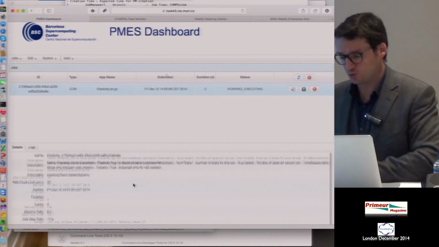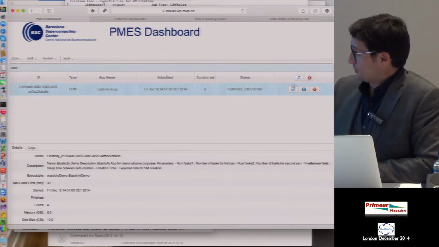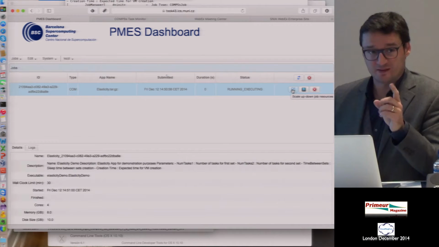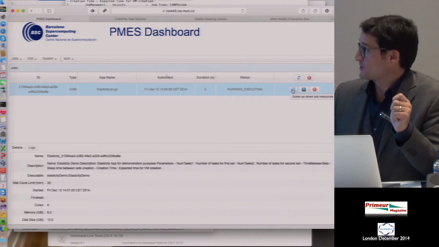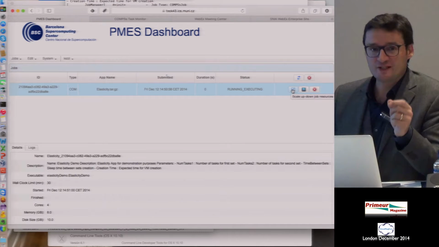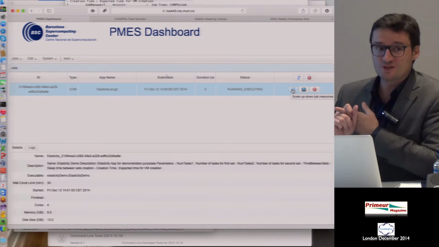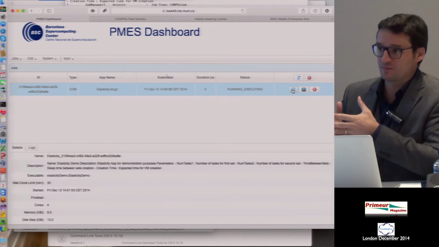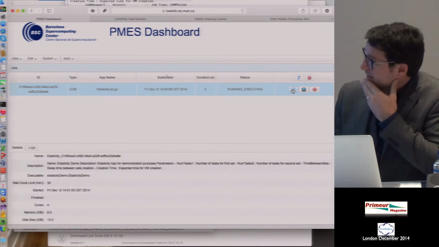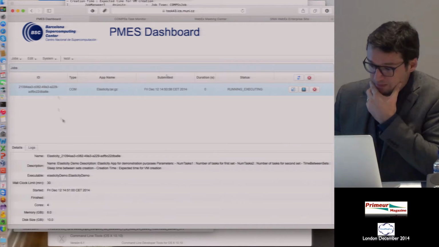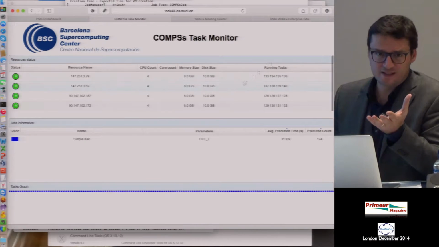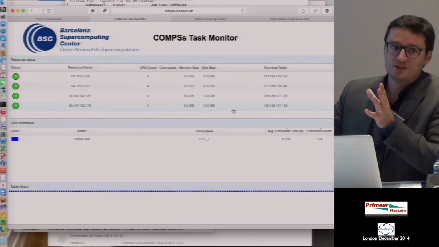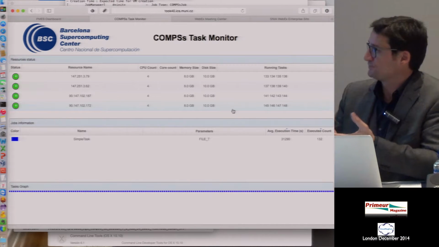We are going also to, this other button is to support what was discussed before, described by Boris. The fact that the user can change dynamically the number of resources available during the execution of an application. So this maximum number actually can be scaled up or down during the execution, and the runtime will be notified of the new configuration.